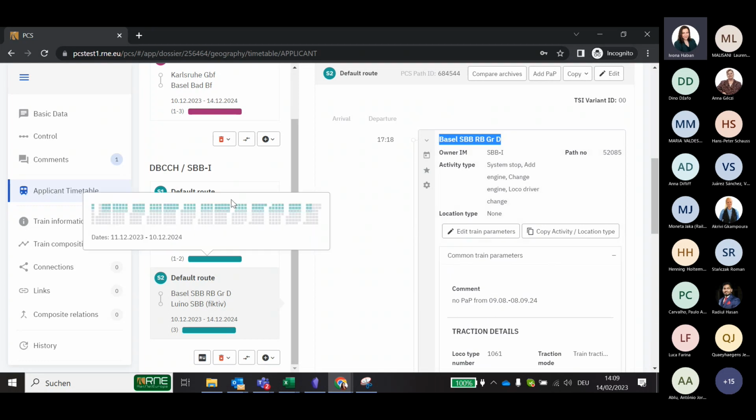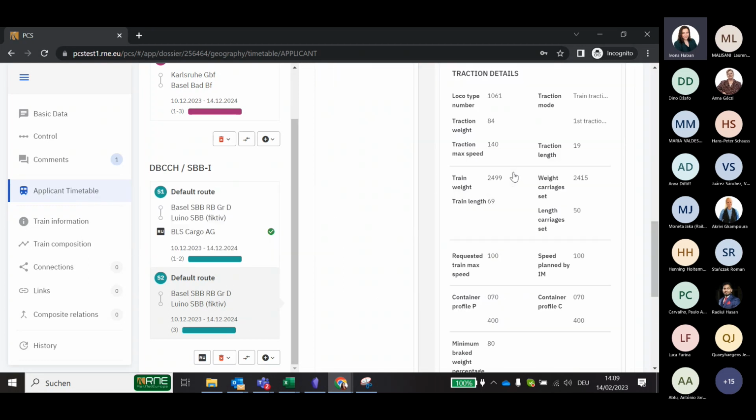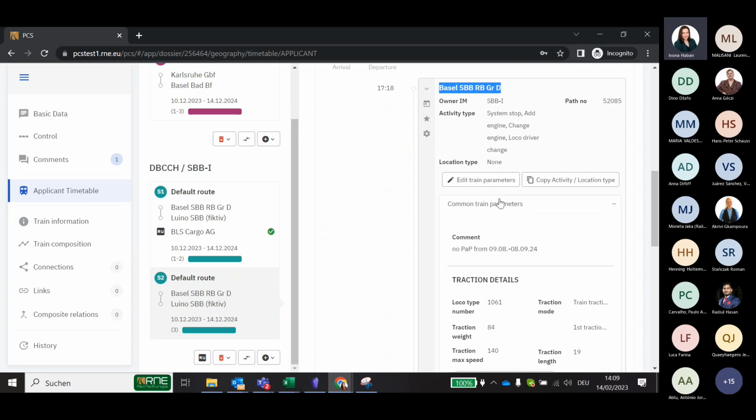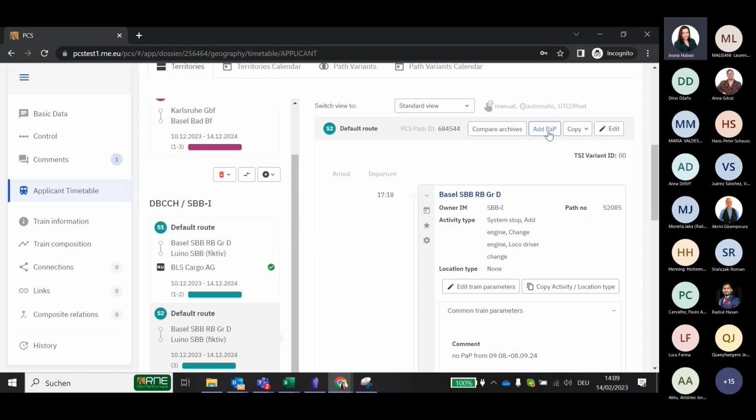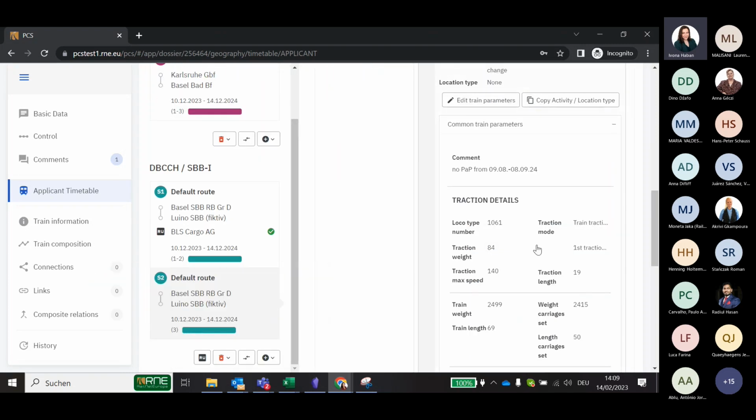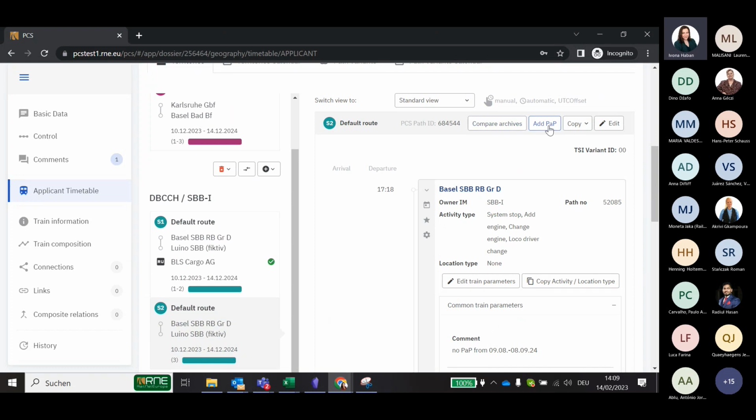So first of all, we have here Basel until Luino, and I will add here a path that is exactly from Basel to Luino, and I need it to run on Wednesdays. So adding a PUP,